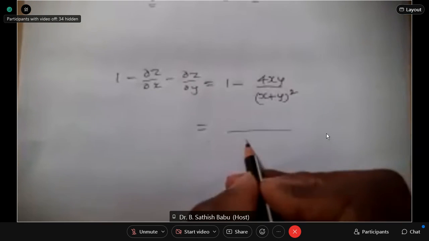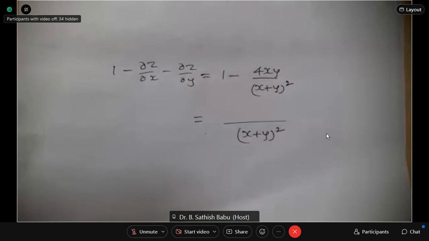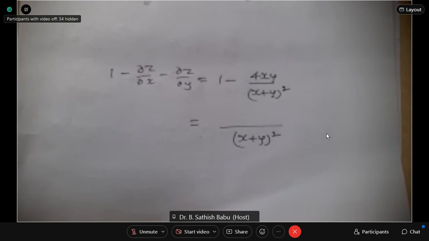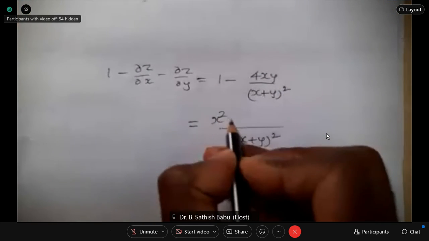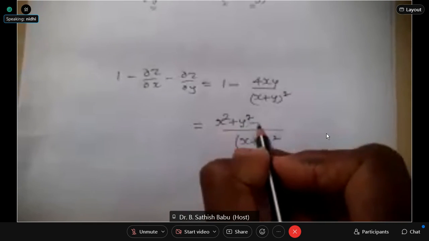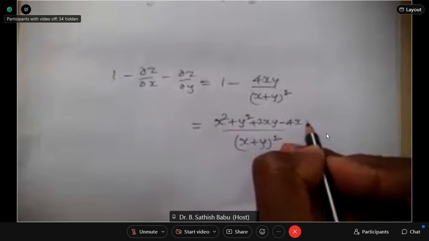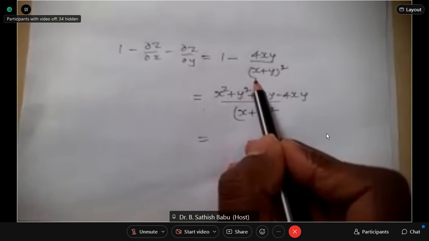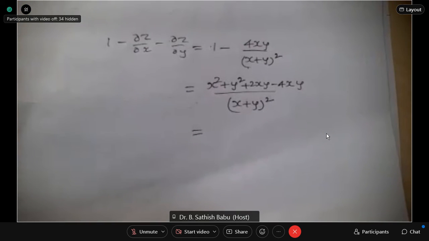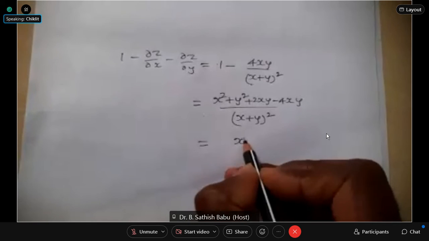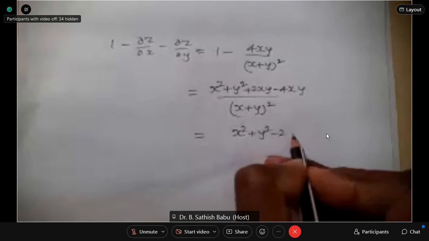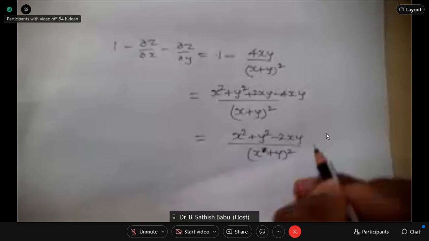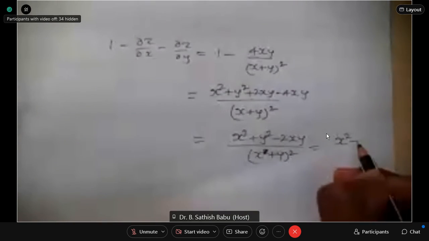Let us take the LCM, x plus y whole square. What will happen? x square plus y square plus 2xy minus 4xy. Am I correct? Yes, sir. I will straight away apply the identity to that x square term, minus 2xy. It becomes x square plus y square minus 2xy divided by x plus y whole square. On further simplification, will it lead to x minus